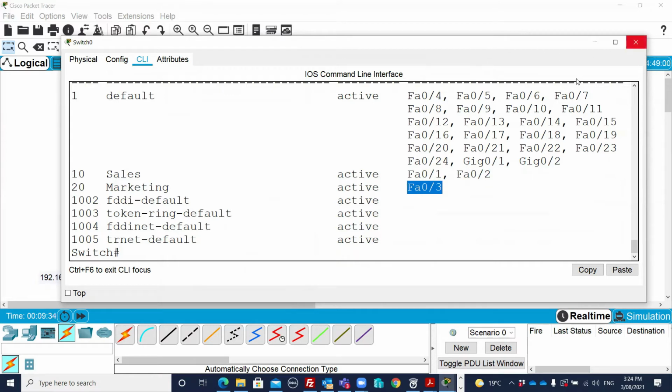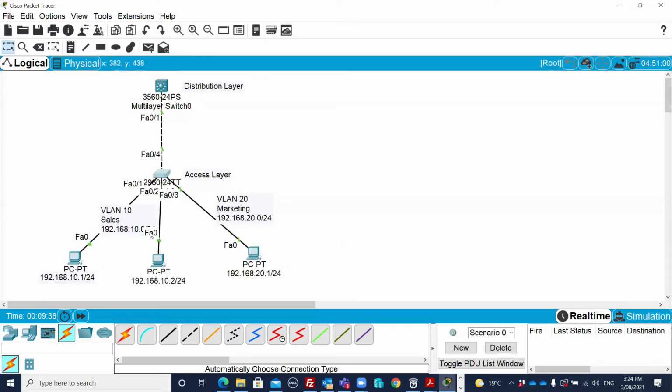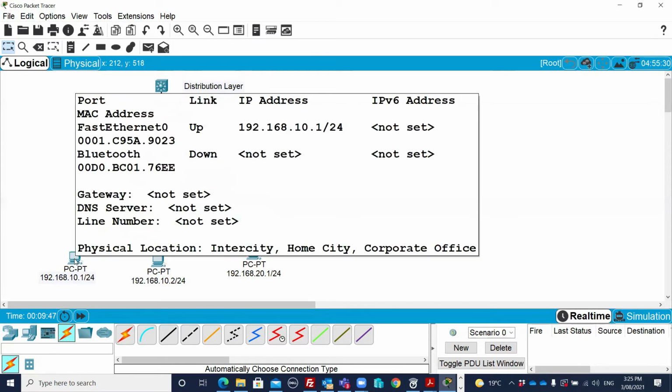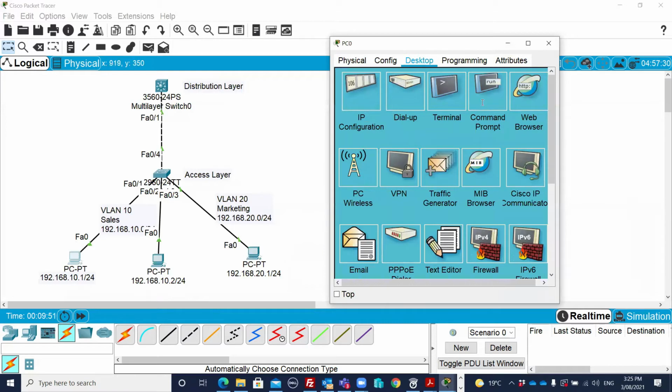Now, they are in the same broadcast domain. These two devices are part of this broadcast domain. This device is part of this broadcast domain. Now, if I go to this PC and go to command prompt